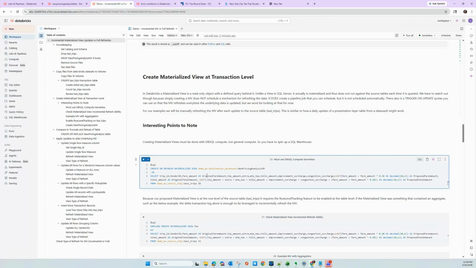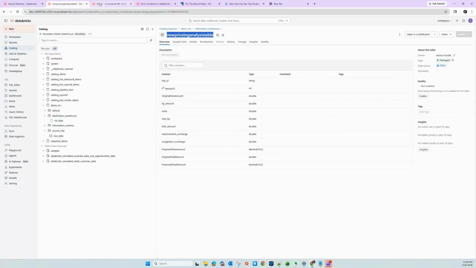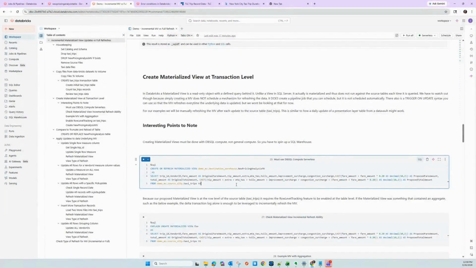So if you just create the materialized view and do nothing else, it will never be updated. There are a few options that we'll take a look at. When you create the materialized view, it also creates a pipeline that is what is run behind the scenes. I deleted it before, so it's not there, but we'll show that in a second. And so you either have to schedule that